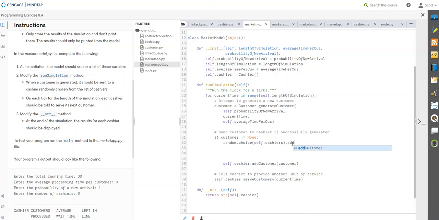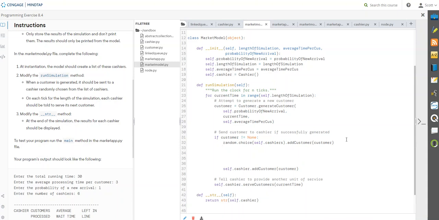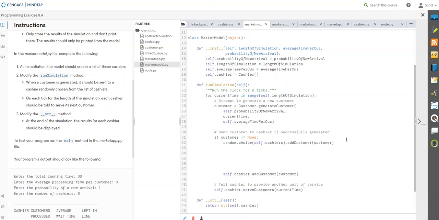I'm going to add to that cashier customer. Now. At this point, I want to go down, and I want to